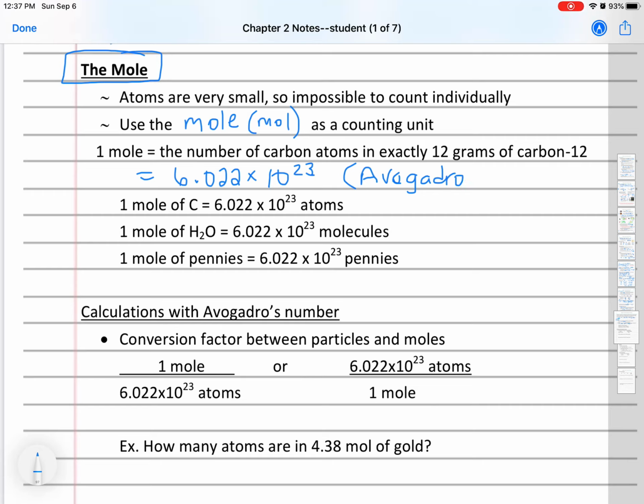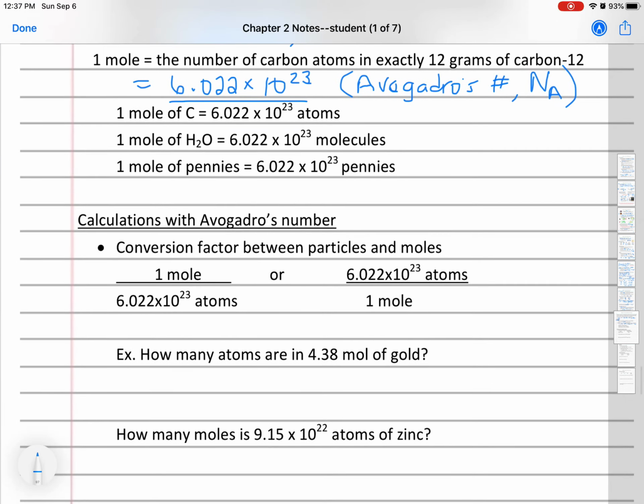So we call it Avogadro's number, and an abbreviation for that is N sub A, Avogadro's number, or the mole. If you flip back in the pages of the notes, this is how many atomic mass units are in 1 gram. And that's going to become relevant in a moment because it's how we convert the number of atoms to grams of atoms, or the mass of atoms in atomic units to the mass of atoms in grams.